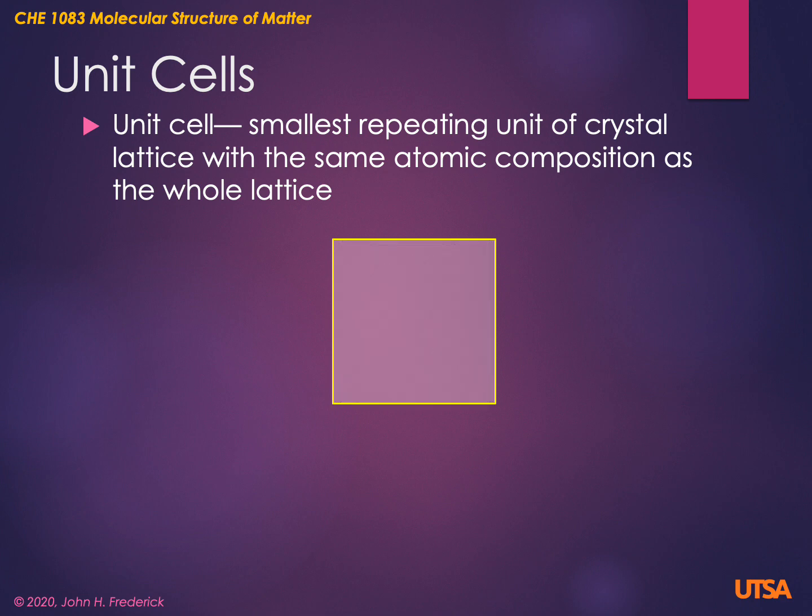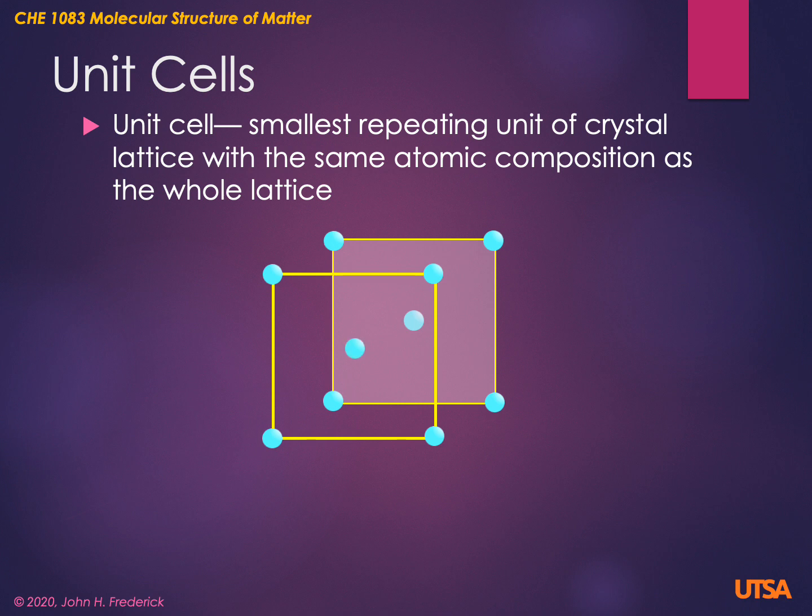Let's build a unit cell. I'm going to start by building a face-centered cubic unit cell. So it has atoms at each corner of the unit cell and in the middle of each face, thus face-centered. Now we'll create this whole unit cell. Now I need to add 4 more atoms at the centers of the faces. So this is basically the unit cell for a face-centered cubic lattice. It's a cubic unit cell, thus the cubic, and it's got atoms on the center of each face, thus the